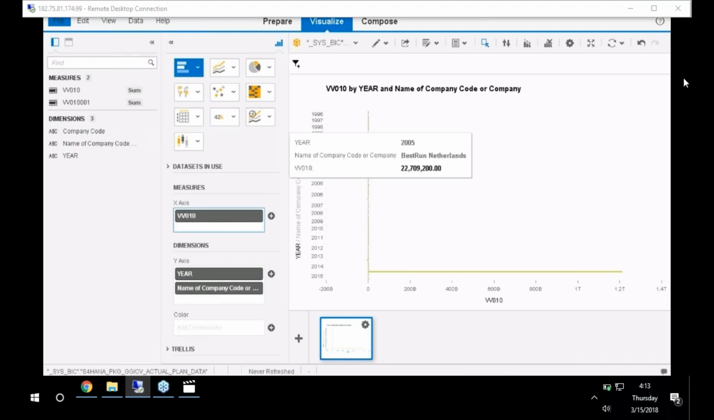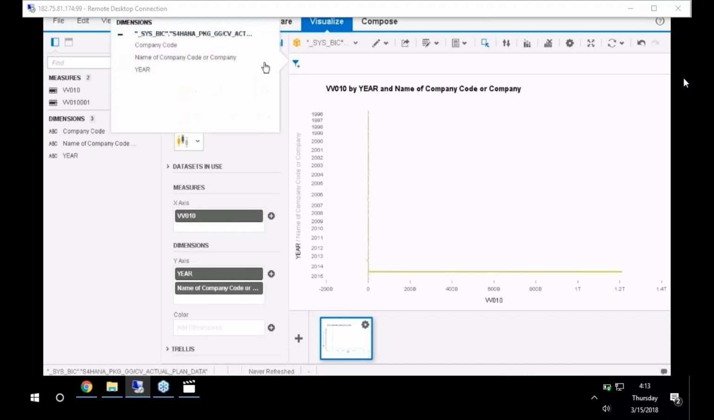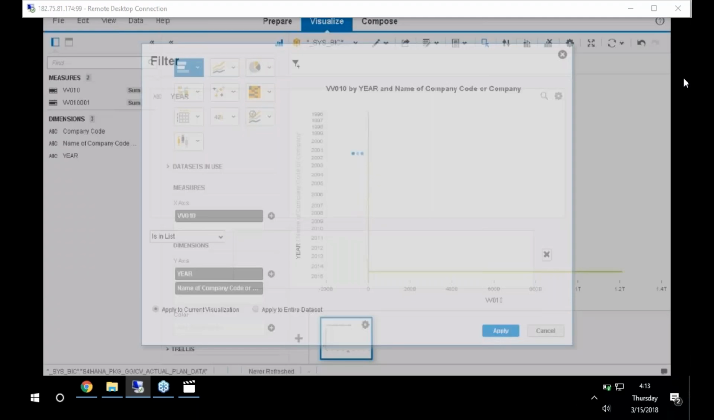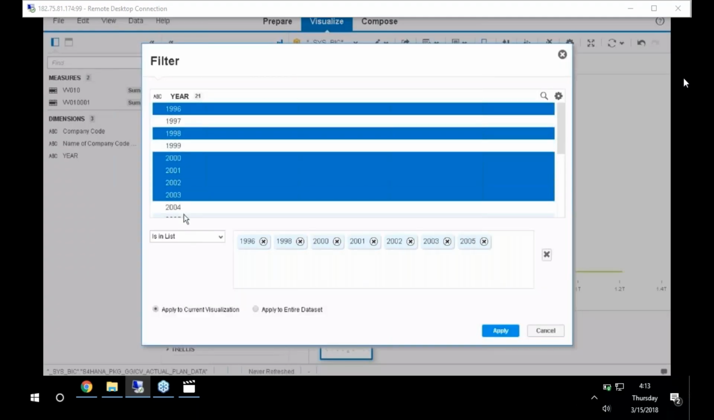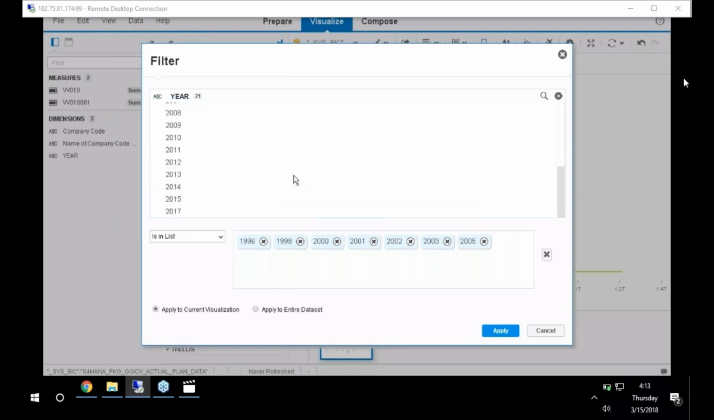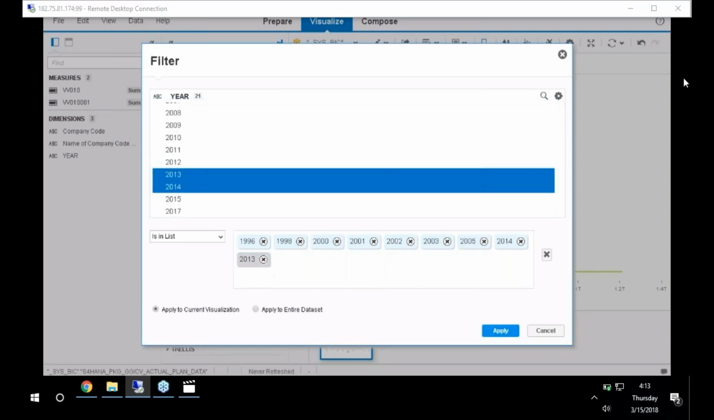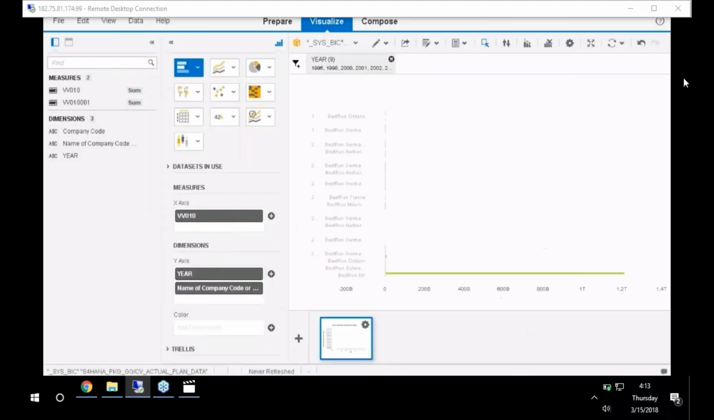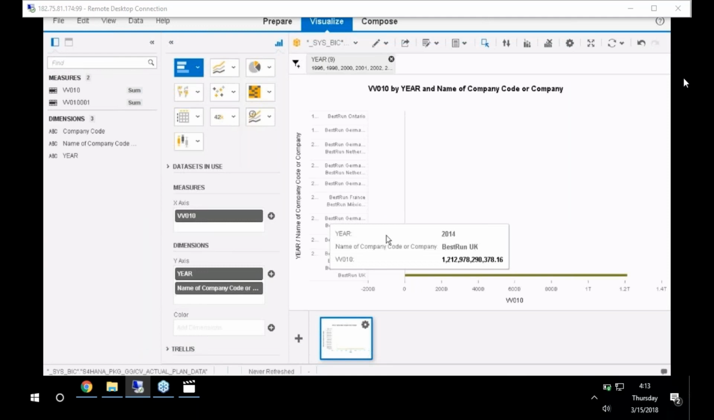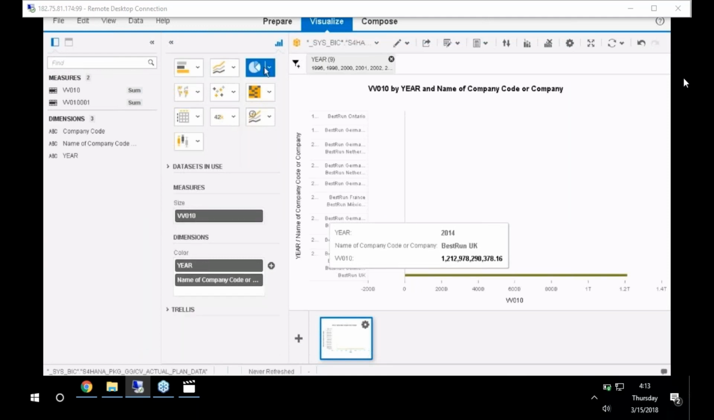So here we can see, I can click on add filter, click on year, select the required years according to the business requirement. So these are all the selected years. Click apply. Once we click apply, so here you can see,